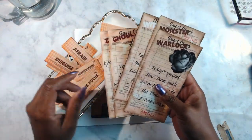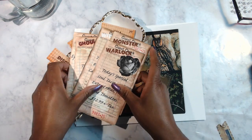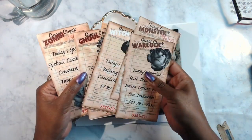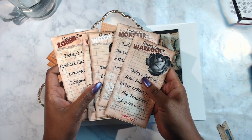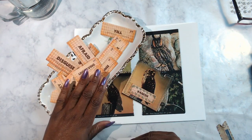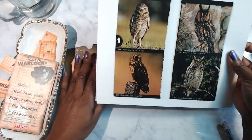And these are a digital kit. I meant to take the pages out so y'all can see it, but this is a digital kit, and these are the Halloween guest checks. So I'm going to be using some of these also, and these are digitals as well. And then I also printed out